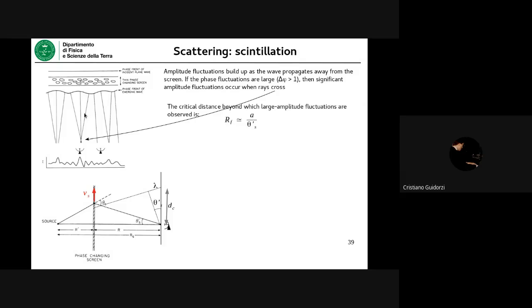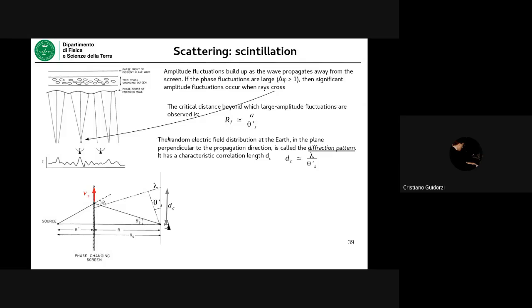You know that they are distributed with a scattering in the angle comparable to theta s prime. Okay, so this is what you know, and this is important because this allows us to calculate the so-called... well, as I already told you. So the diffraction pattern is just the result of